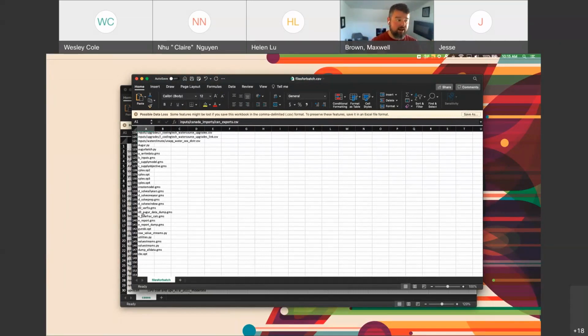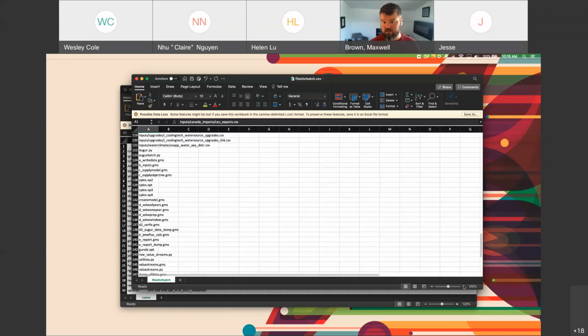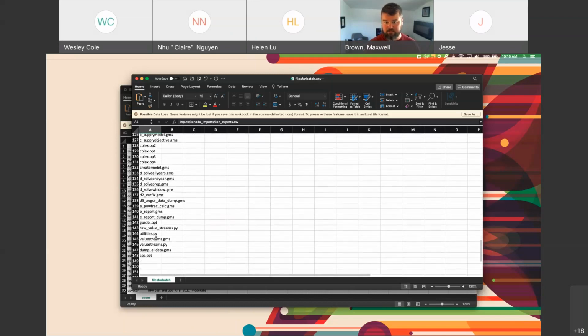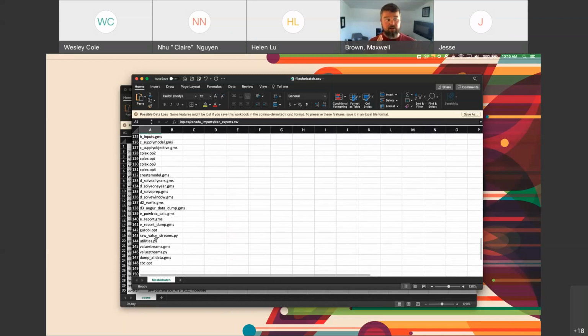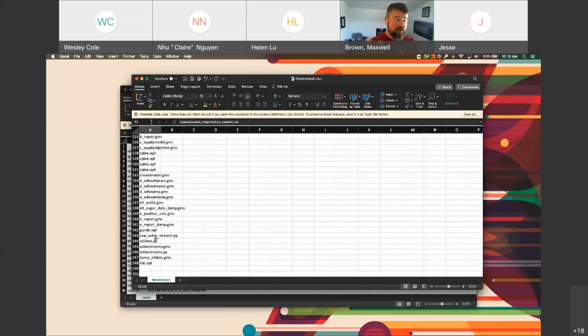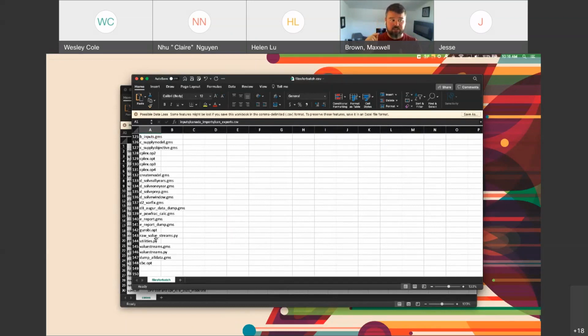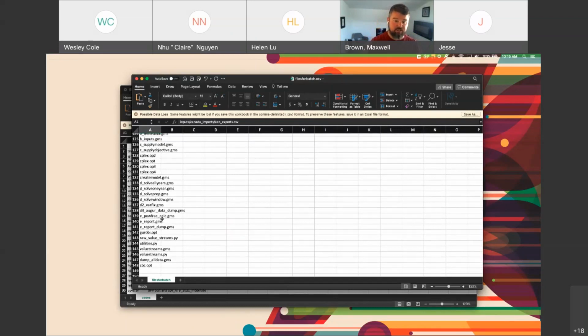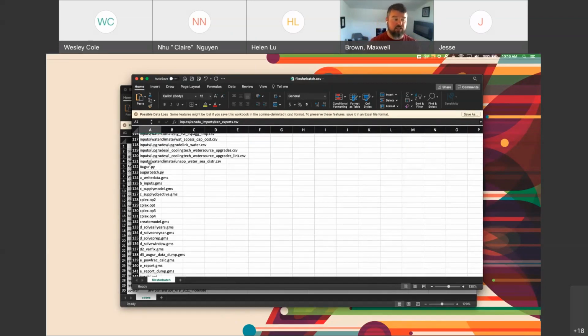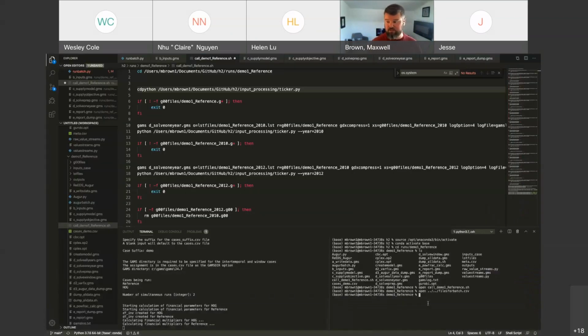And if it doesn't have a directory specified in the beginning, so these are, we can call this, I'll zoom in, sorry, Claire. So when I run runBatch.py, it's going to copy over every single one of these files. And if it doesn't have a directory prefix here, these are going to get copied over to the root of that run/mycase folder. So for example, here, if I'm looking at